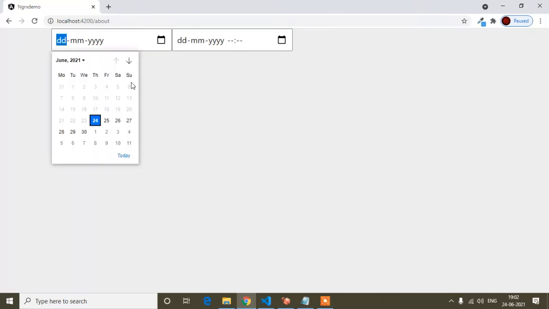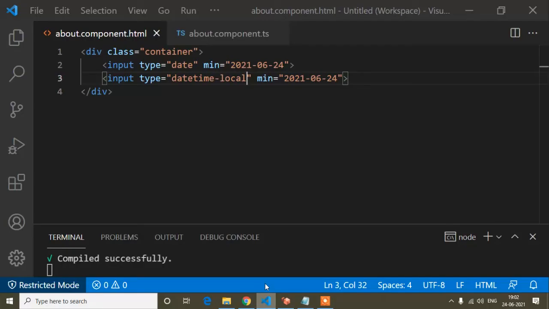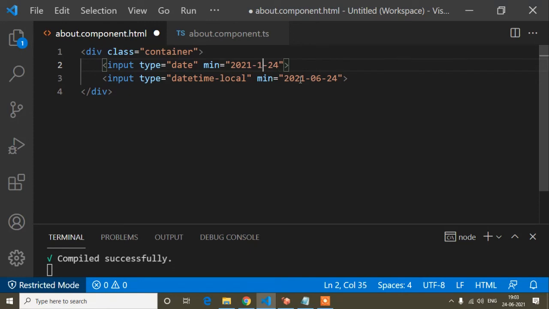So now guys, here you can see this one is the date picker. Inside this date picker I have written the min property, and I have set year, month and time, this way. And you have to remember the format: first of all you set the year, and then the month, and the month will always be two digits. Here the month is 6, so you cannot write only 6, you always have to write 06. And when the month is 11, 12, 10, then you can write 12, this way. So the month must always be two digits.